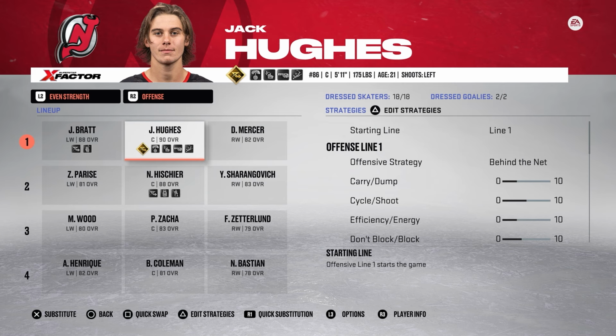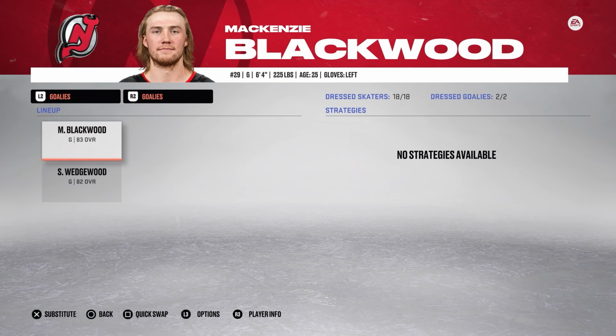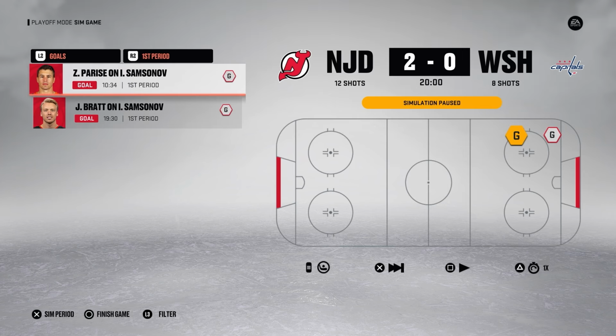The main core for the New Jersey Devils is still here: Jesper Bratt, Jack Hughes, and Nico Hischier. Well, the defense is definitely taking a downgrade, as Emil Larson's going to be the top guy here at an 84 overall. And with Mackenzie Blackwood as their star goalie in net, I think this team's going to struggle a bit. But maybe I should take that back, because so far, Mackenzie Blackwood's standing on his head, and the Devils